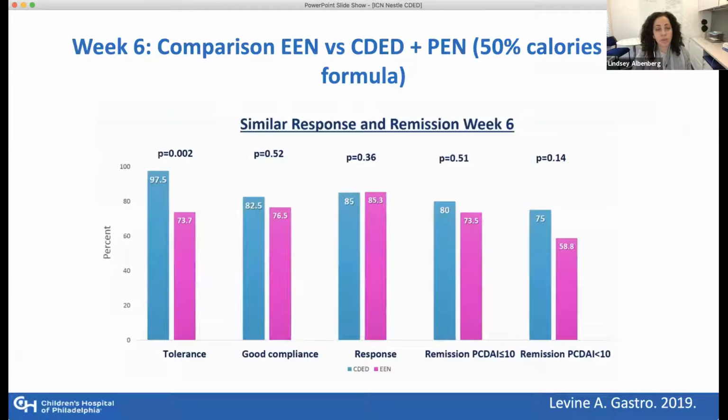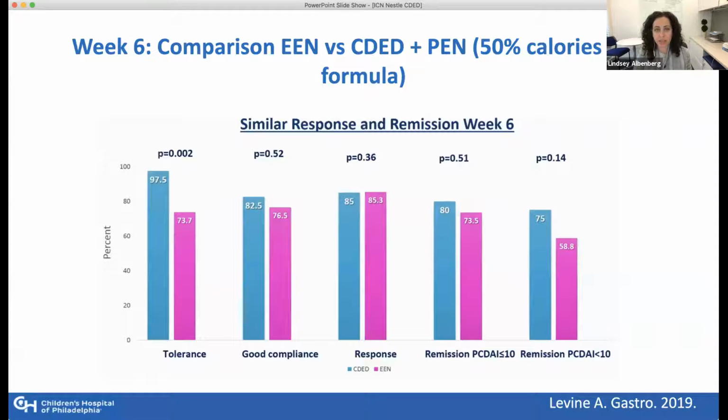And so these are the week 6 data, and I will highlight that the PEN plus CDED group seemed to be better tolerated than EEN alone, and this I think is not super surprising. Compliance was actually quite good in both groups, and both diets were equally as effective in terms of response and